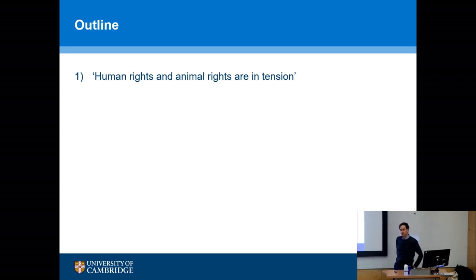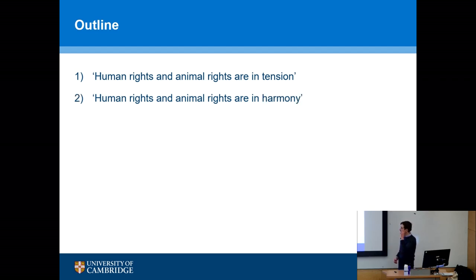I thought that perhaps the most helpful way of approaching this topic, animal rights, human rights, is to look at two extreme views, if you like. The first view is that human rights and animal rights are in conflict with each other. Animal rights specifically are viewed as problematic because they seem to undermine human rights. So there's a tension here, a conflict that we need to resolve by essentially getting rid of animal rights, by not allowing them to exist, if you like. That's one extreme view, and we're going to look at different aspects, different facets of that view.